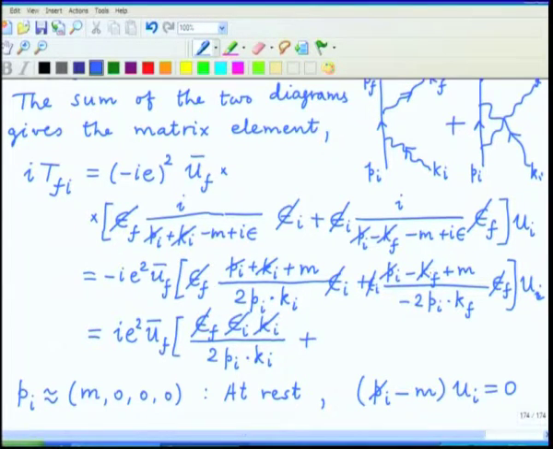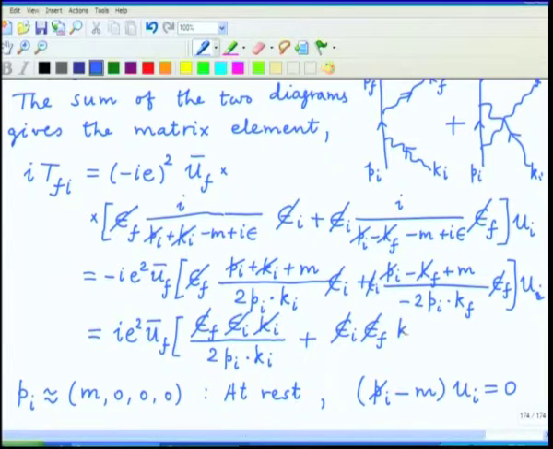So, the term which survives is essentially k_f slash, but since k_f slash and epsilon_f slash can be commuted together with a change in sign, the reason being that k dot epsilon is again 0, we now get a plus epsilon_f slash k_f slash. There is a negative sign in the denominator, but that can be eaten up by the overall negative sign outside, and so the final result looks like